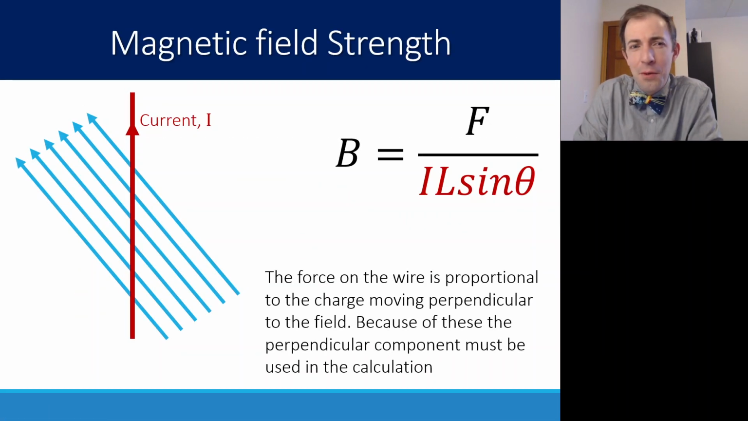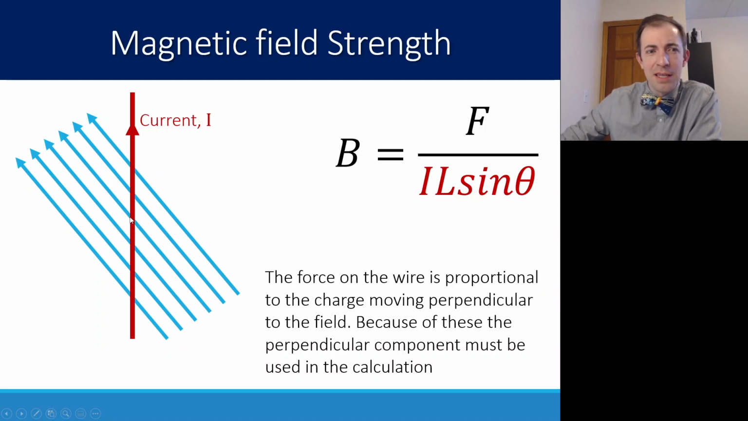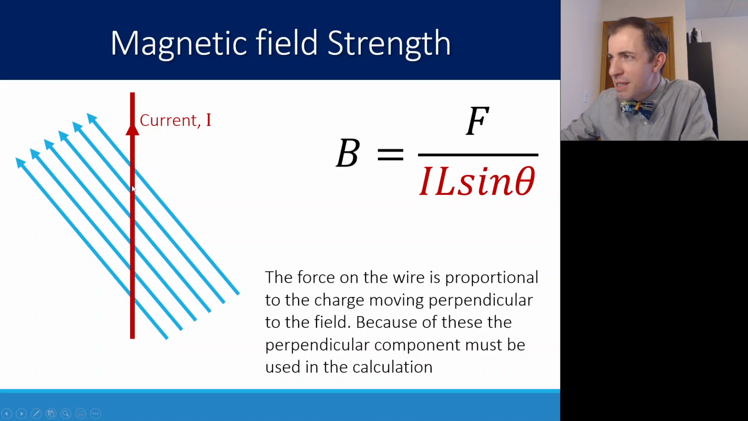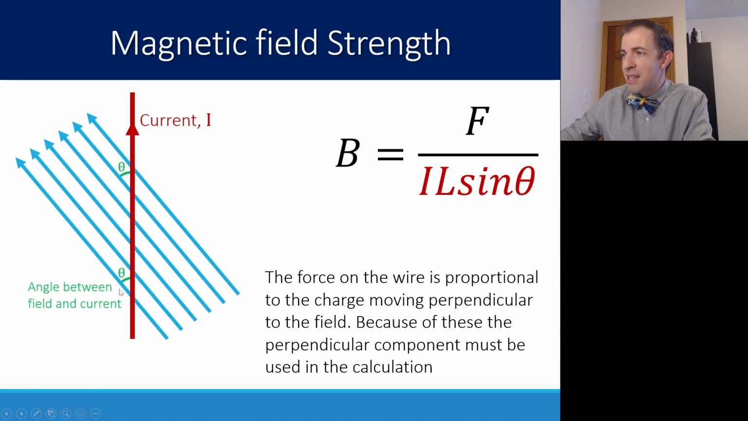So the actual equation for this is shown here. The force of the wire is proportional to the charge moving perpendicular to the field. So notice here, if I have a field shown by these blue vectors and a current shown by this red line, the current isn't perpendicular. But I can figure out based on the angle that it is to this magnetic field,